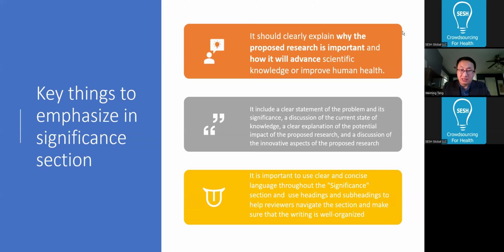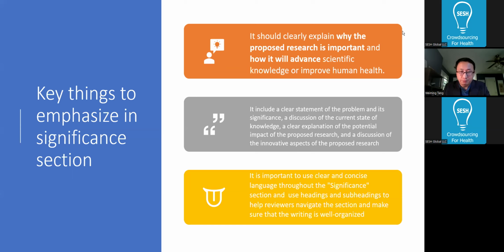An important thing for the significance section is that you have to review a lot of relevant papers to get very familiar with the literature in order to identify the problem correctly. And you need to also understand the weaknesses of the previous research. In this case, you will have your aims tailored and clearly presented to the reviewers. And you also propose to do some research to address the problems. So you need to mention the methods you want to use and how the innovative aspect of the proposed research